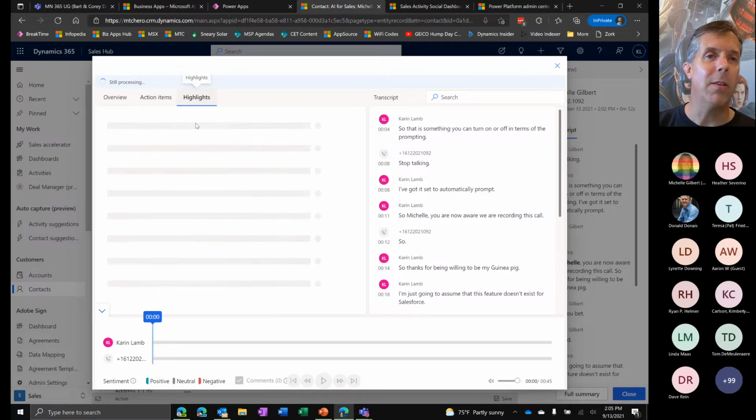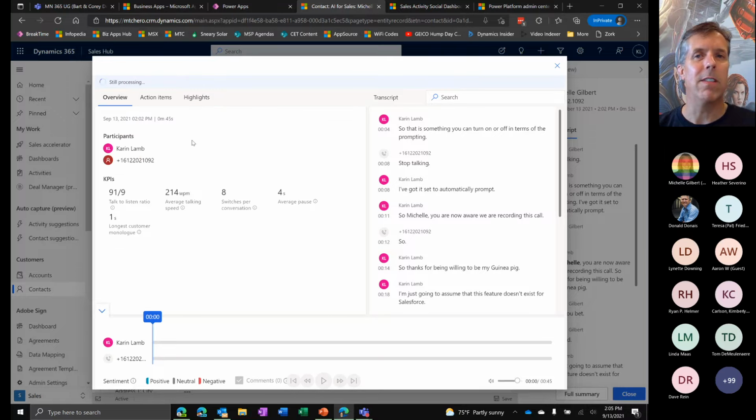It then also comes in and shows me highlights once it's finished processing. I don't think in our conversation we did anything that it's going to have as an action item, but it'll probably show Michelle's name and Salesforce highlighted a couple of times in there once it does its thing. So I'm not going to sit here and wait for it to do all of its processing. It usually does it in about 2 minutes.